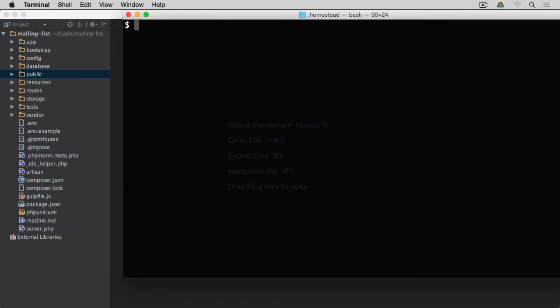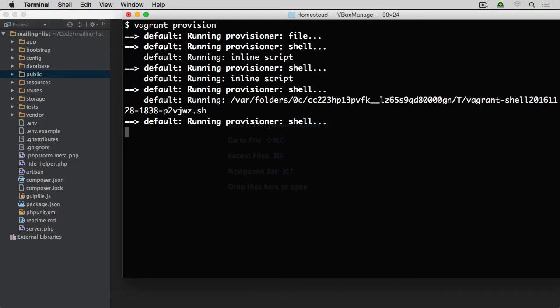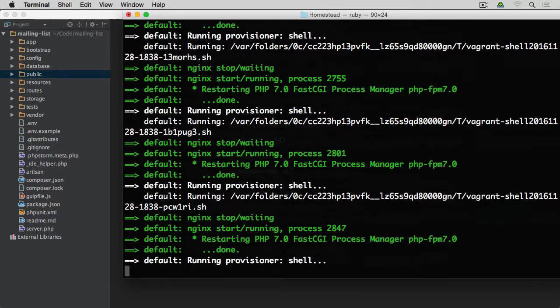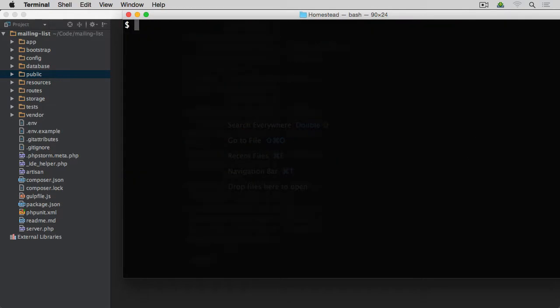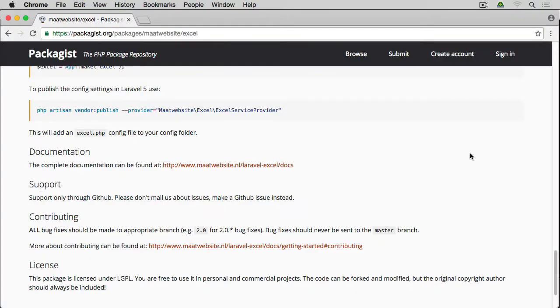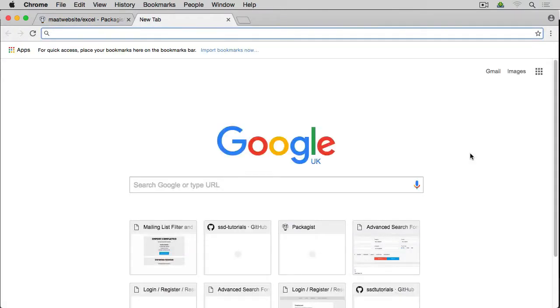That saves the changes. Now if we navigate to the home directory, so that's cd, and here we go into cd homestead, and here we're going to run vagrant provision, and that should provision the changes we've just applied. And in just a second we should be able to access our project under this new fake domain, like this virtual host. So mailing